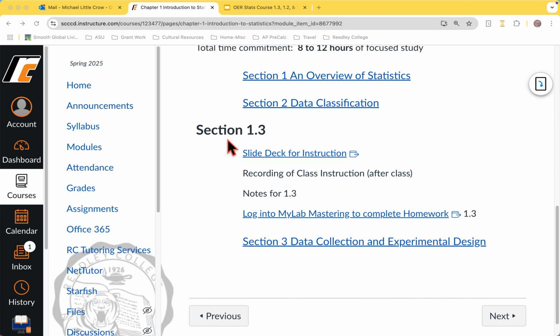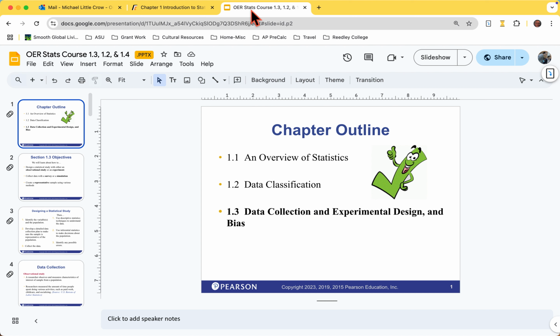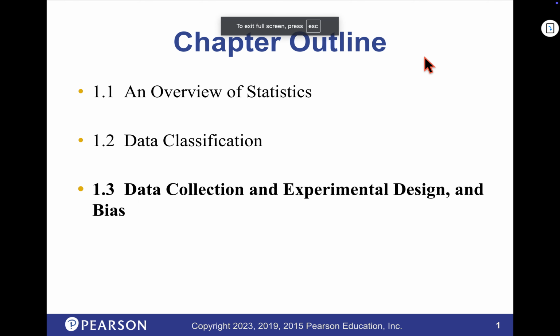This is what's new, section 1.3. I added a new slide deck. I'll keep updating as we go. This will get you into the homework. But what we're going to do is start off right here. So we've done 1.1 and 1.2. We did that in one section, one day, really. And then 1.3 we're going to do today.